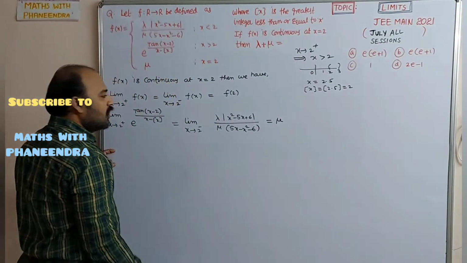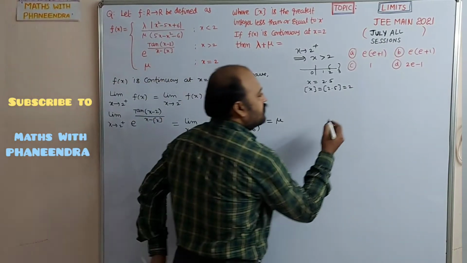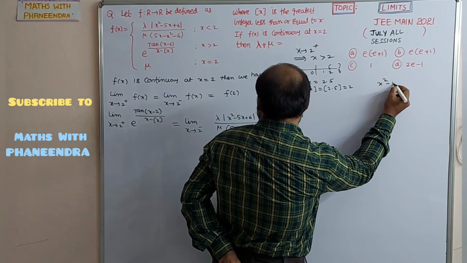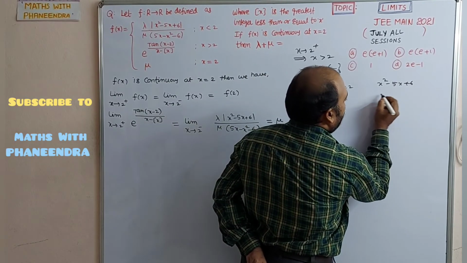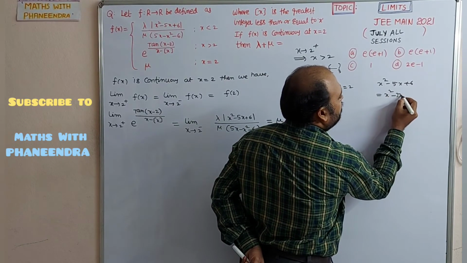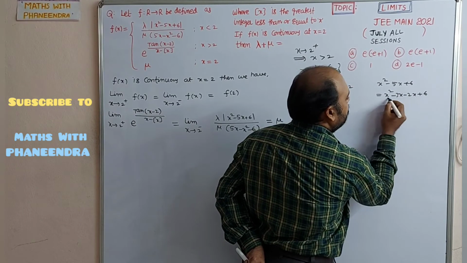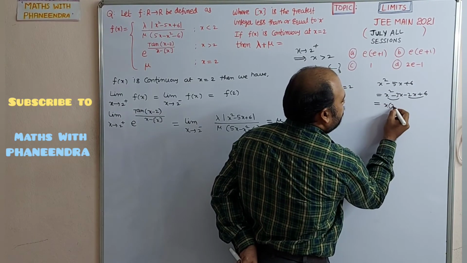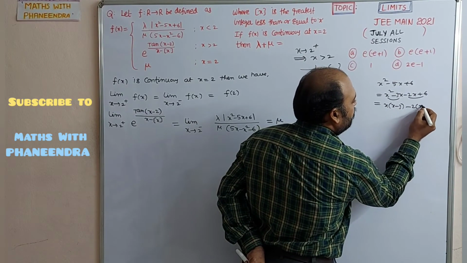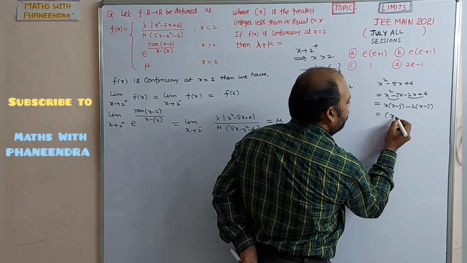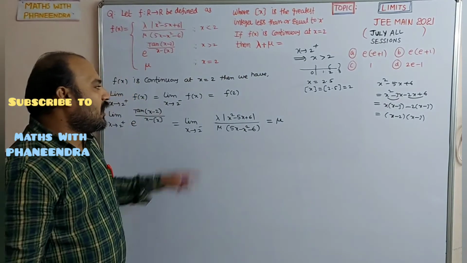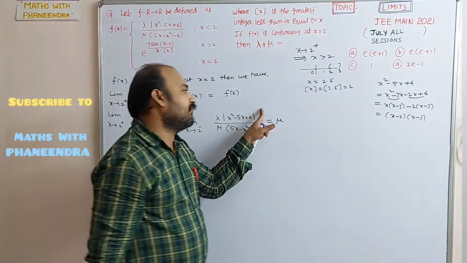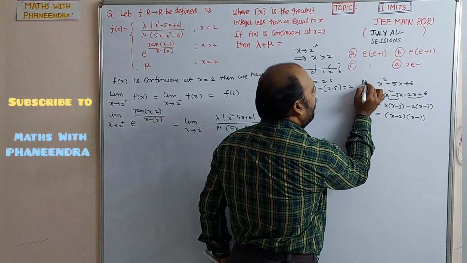Now, also find the factors for this. x square minus 5x plus 6. Factorization, if we do that, x square minus 3x minus 2x plus 6. So x into x minus 3 minus 2 into x minus 3, ultimately x minus 2 into x minus 3. Why? Because the modulus is there now, it will become plus anyway. And this is the numerator value I wrote.